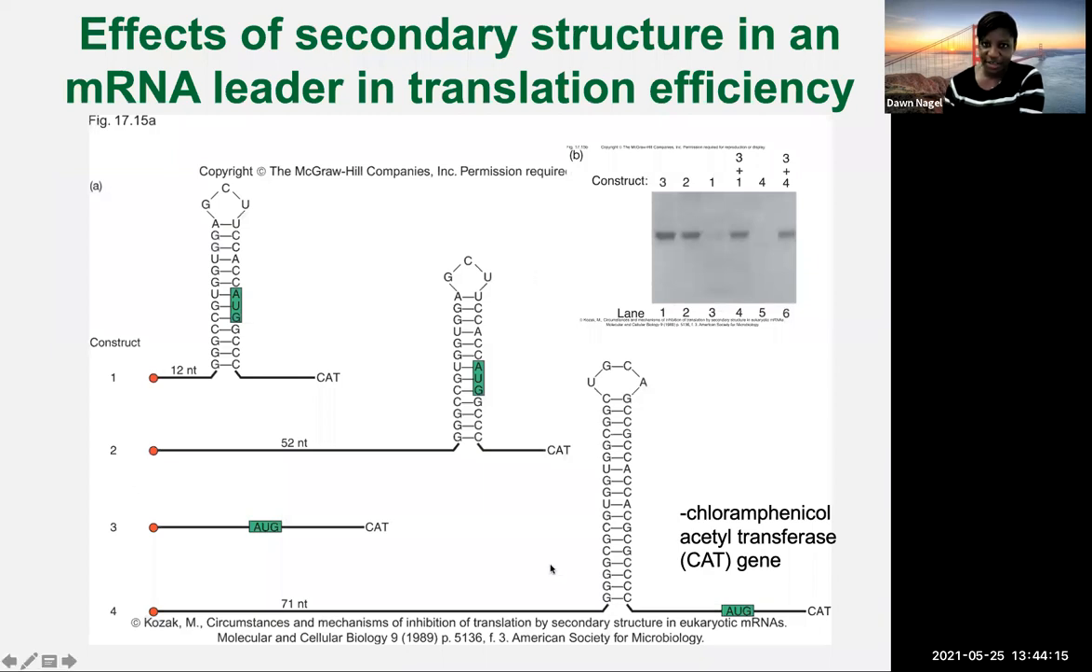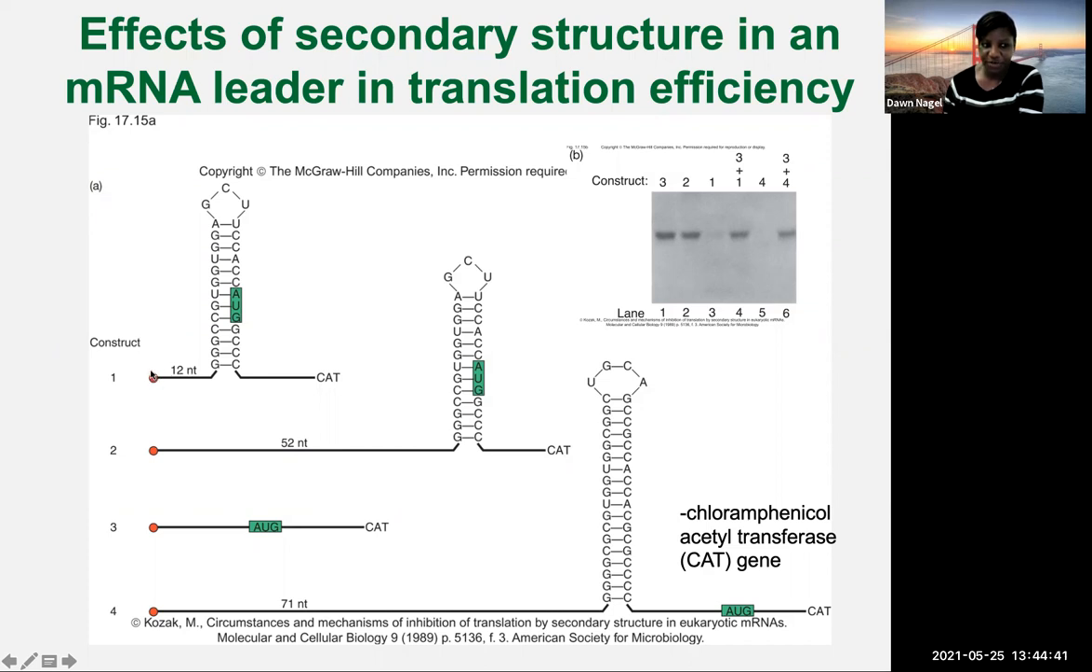And this is just an example of the experiments that they did to prove that, of course. You're looking at an agarose gel, different constructs, different lanes, and you're looking at translation. And this is methionine that has been labeled, so you can see the band if it's been translated. For these different constructs, they engineered these 4 different versions, where you have construct